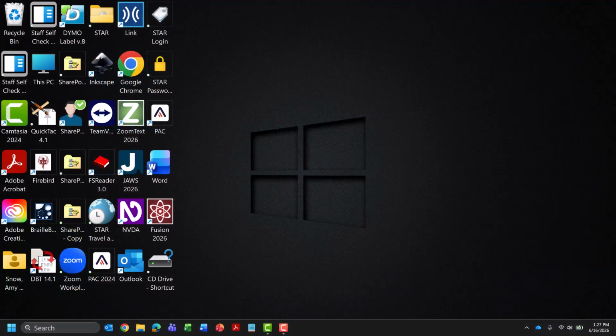Hello and welcome to a second video on utilizing the Windows taskbar. In the previous video on this topic, we talked about how to pin and unpin items on the taskbar, as well as how to navigate those items. In this video, we're going to talk a little bit more about how to launch items quickly from the taskbar